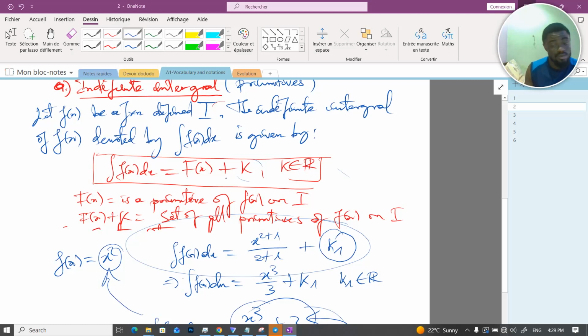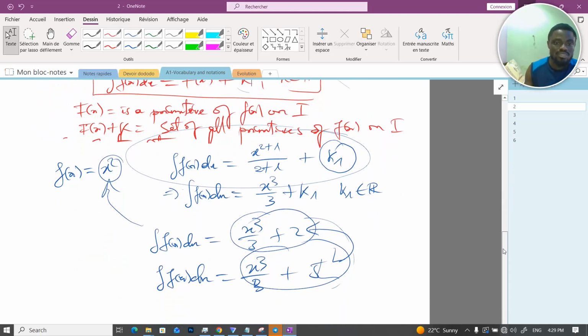Tu vois un peu, ta réponse sera fausse. Donc, il faut toujours, always remember to add a constant of integration whenever you are in a situation where you are finding indefinite integrals, that is, integrals where boundaries aren't given. You will also notice that